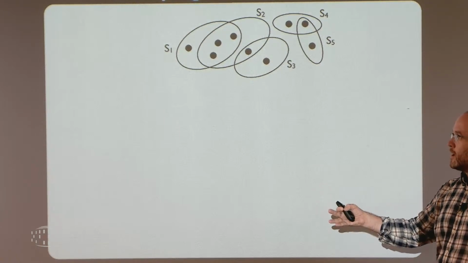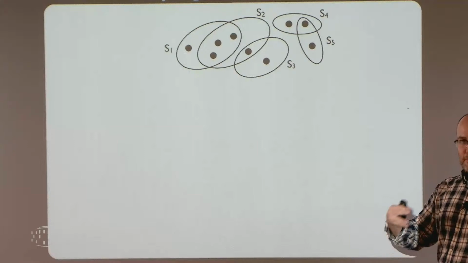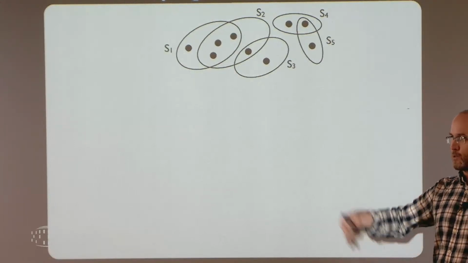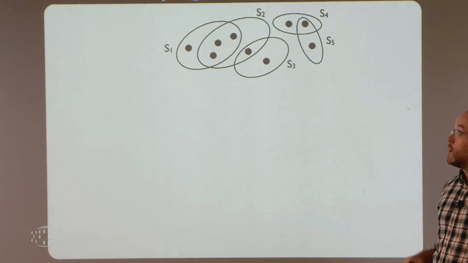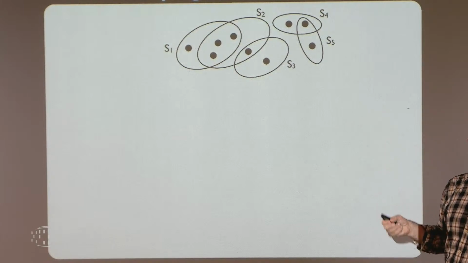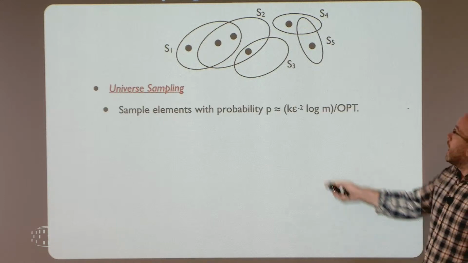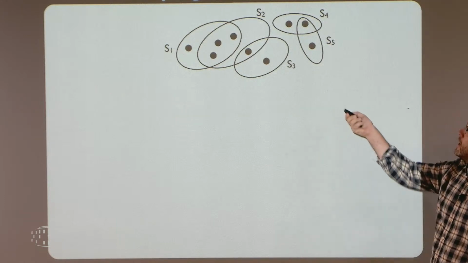But I feel like maybe I'm biased by the last 5 days, sparsification. I feel like this would be the first thing people would try these days, which is just subsample the universe. Okay, so we have these 5 sets initially with these dots representing the elements, and I'm going to subsample these